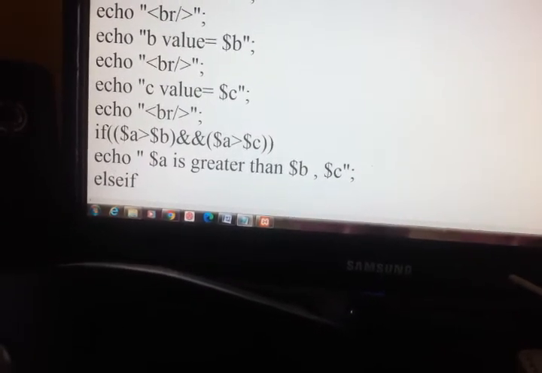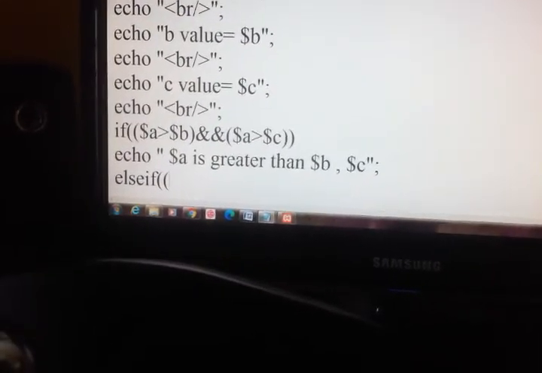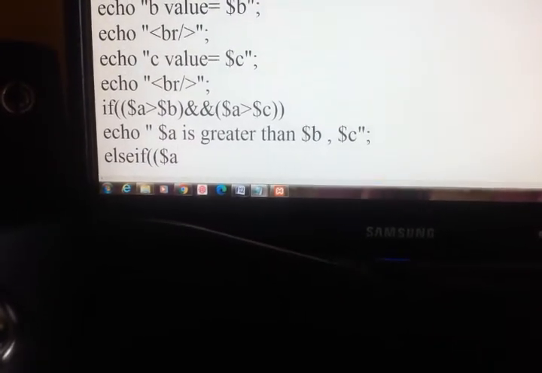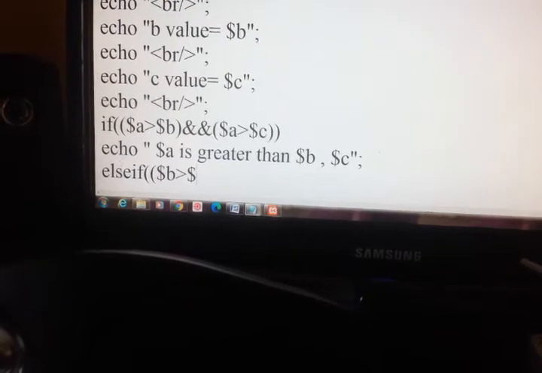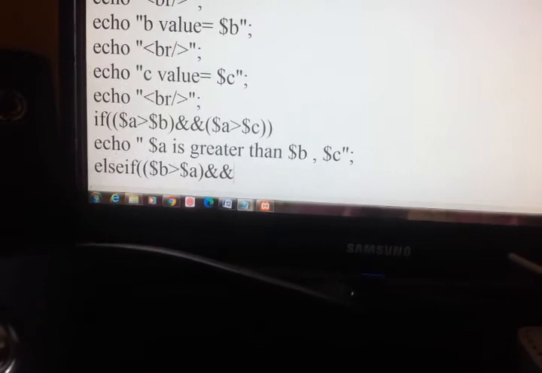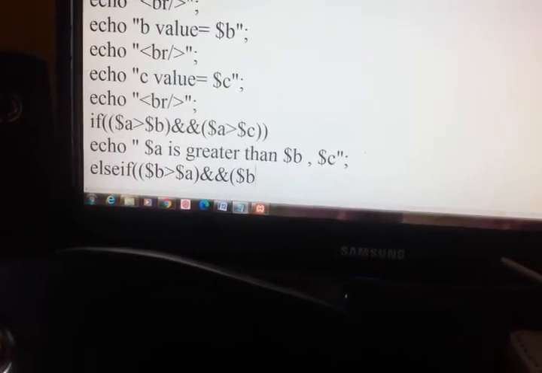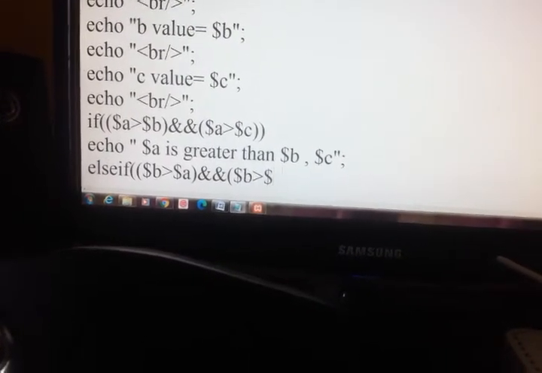Else if $B greater than $A and $B greater than $C,